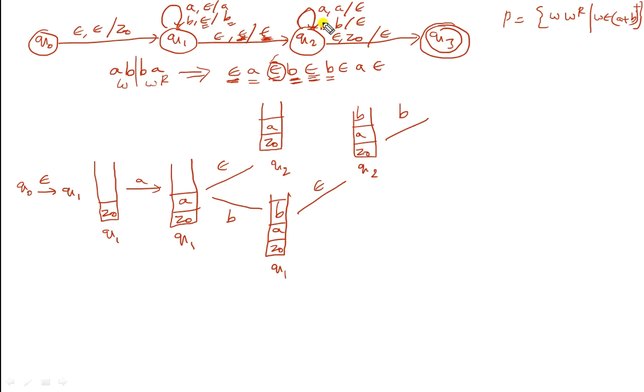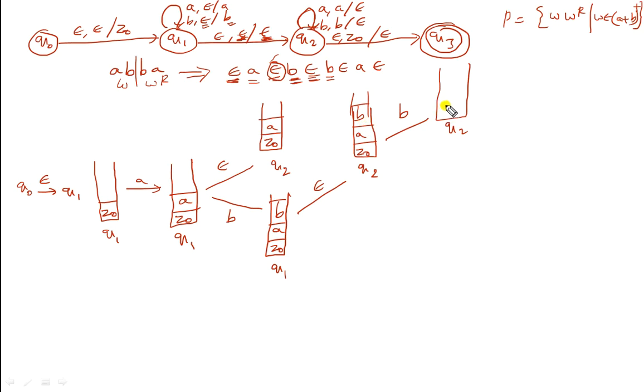And the state will be the same state. It will be in the same state, and what you need to perform? Pop B and push nothing. So you pop the topmost element B, and before popping you need to verify whether the topmost element is B or not. The top element in the stack is B itself, so you can pop that element.